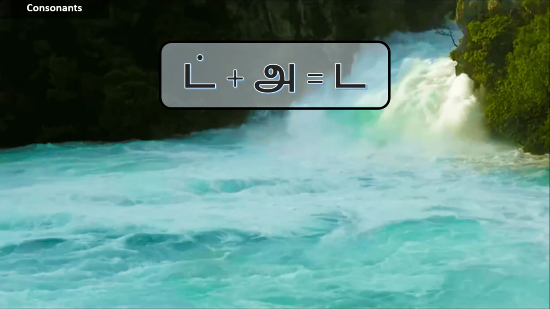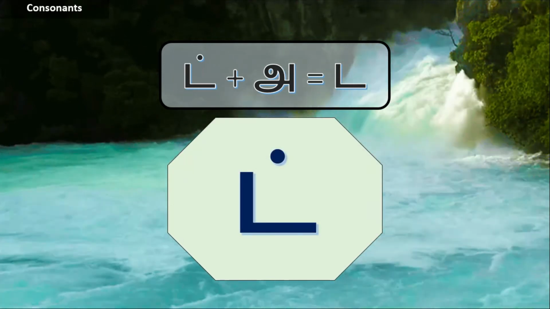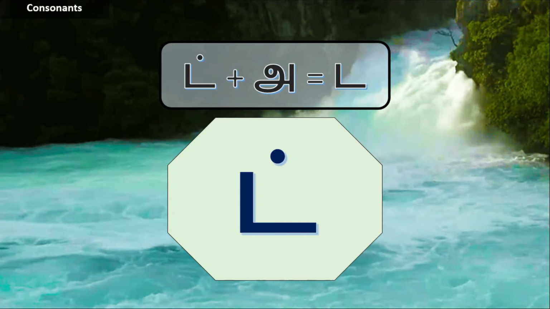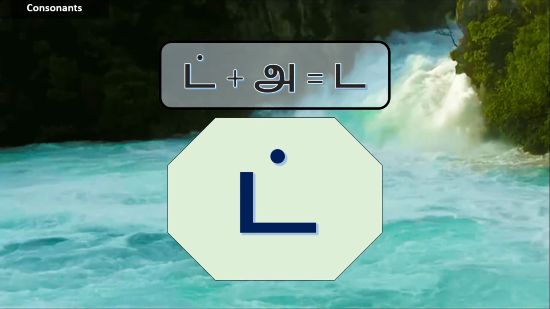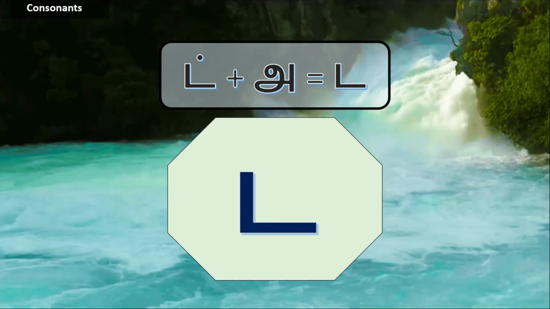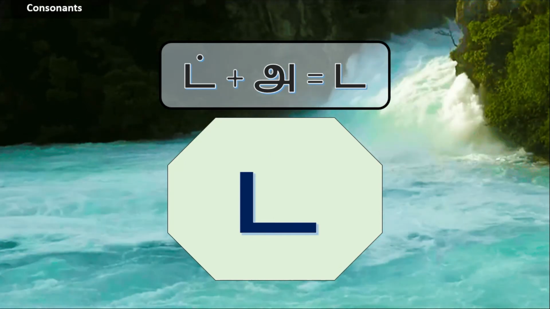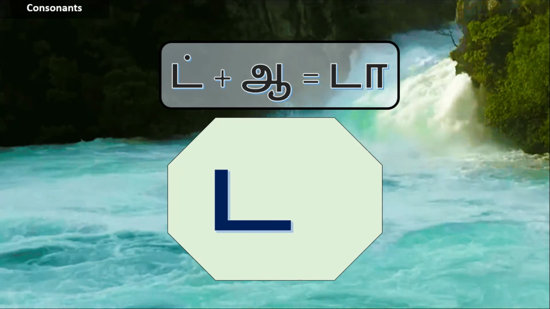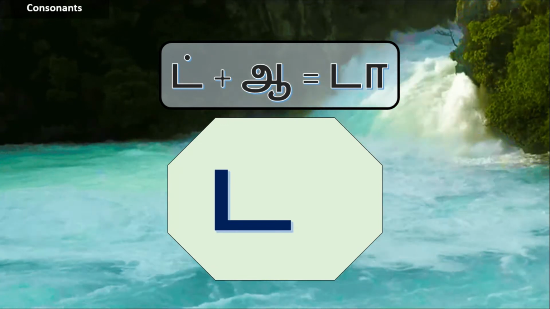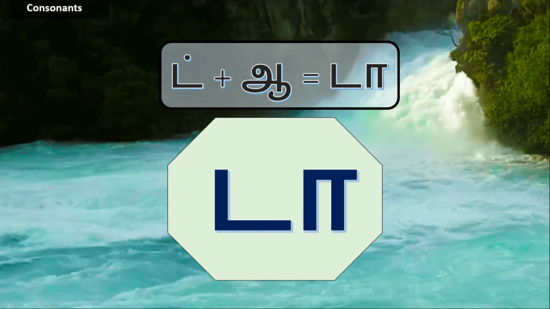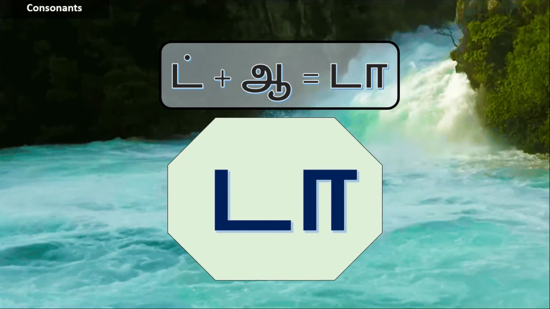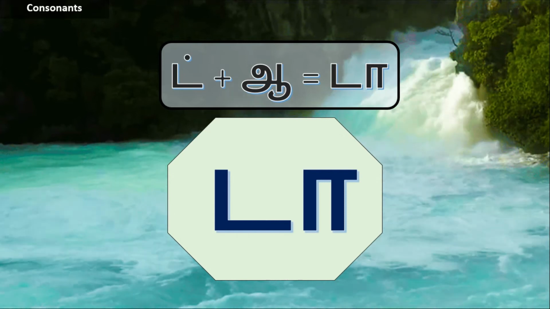Now, how do we get the உயிர்மெய் எழுத்து ta? Just drop the dot over the consonant it. So this gives us ta. Similarly, to get ta, we drop the dot and துணைக்கால் is suffixed to ta.